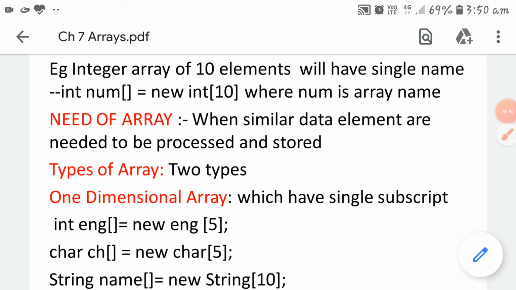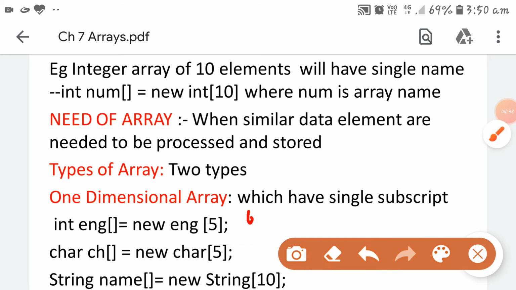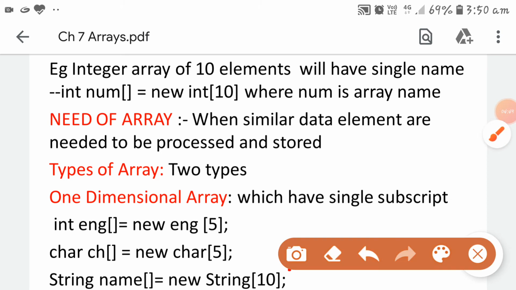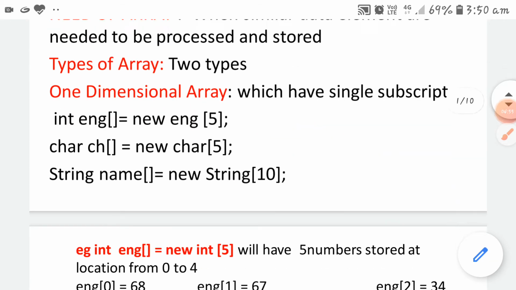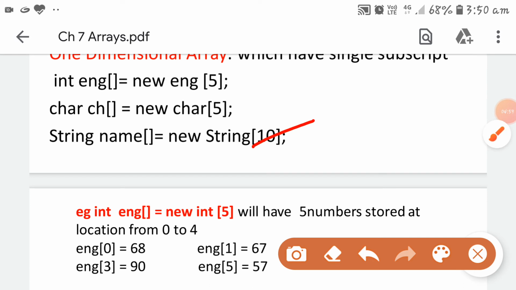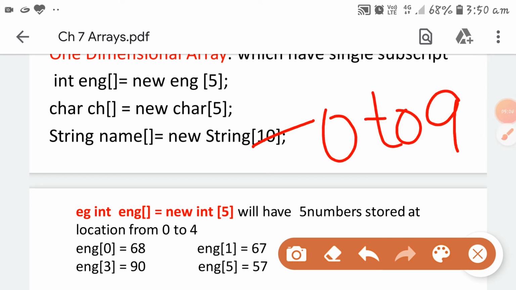English marks of the fifth student are at location 4. So the locations for 5 elements will be from 0 to 4. Similarly, a character array of 5 characters is stored from 0 to 4, and a string array of 10 elements will be stored from 0 to 9.